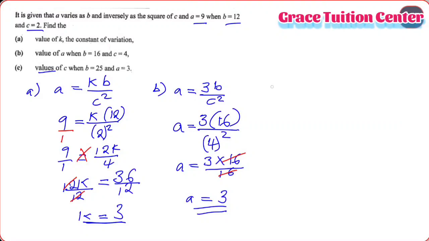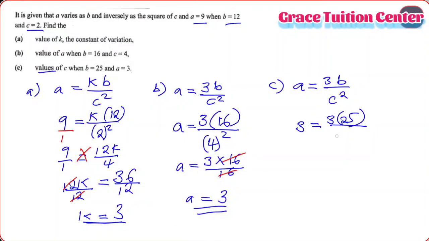So what we do here is just do the same thing that we have done here. We get our formula. A equals, we know the value of K is 3, so 3B over C squared. We substitute. Since we want to know the values of C, where there's B we'll put 25, and where there's A we'll put 3. So we have 3 equals 3 times